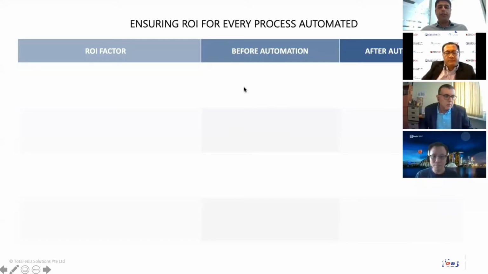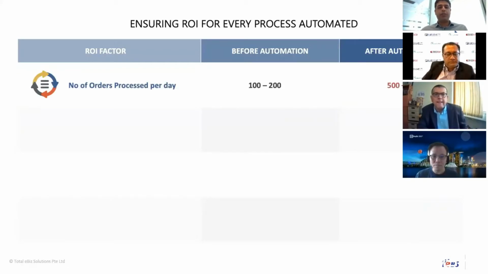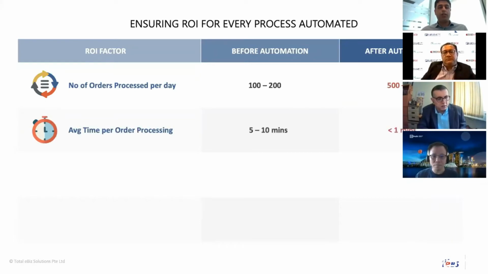Great. So we have considered some very important, critical ROI factors, and we have looked at a before and after automation scenario. Just to make matters very simple, this customer had only 100 or 200 process orders that they could fulfill when they had a very manual approach to carrying out this process. With automation, the entire capability has jumped at least 5 to 6 fold. And now they're able to process more orders because they're working in a distributed management system. Also, the average order processing time has reduced to one-fifth or even one-sixth in this case. And the robot is able to process these orders seamlessly.